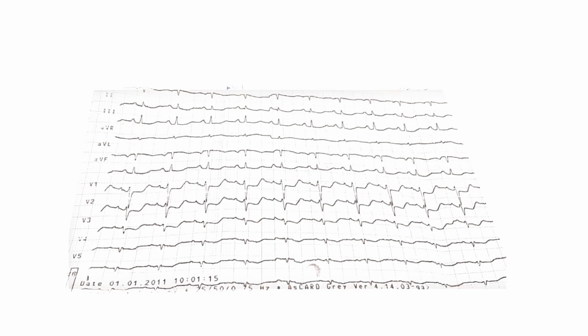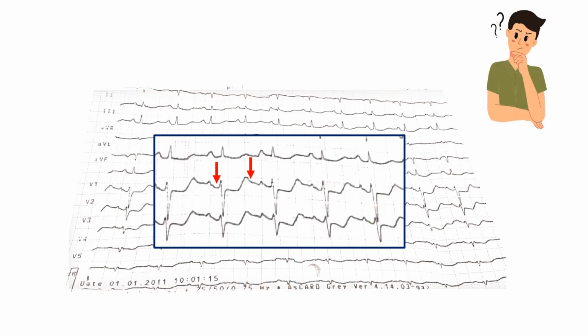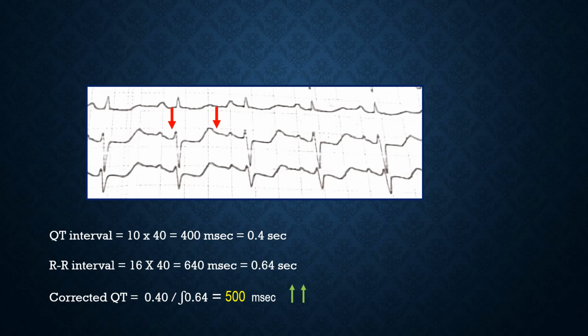Now have a look at this ECG. What we can see in this ECG is some T wave inversions, and the QTc in this patient looks a bit prolongish. So for that we have to measure some intervals. Now let's zoom in and see the leads. Now we can see the onset of the Q and the end of the T, and it looks to be a bit prolongish. So now let's measure these intervals. After applying the formula, we can obviously see that the QTc, which was looking prolongish, is definitely prolonged, and the value is around 500 millisecond, and this is pretty high for a QTc, and this should always be taken care of,